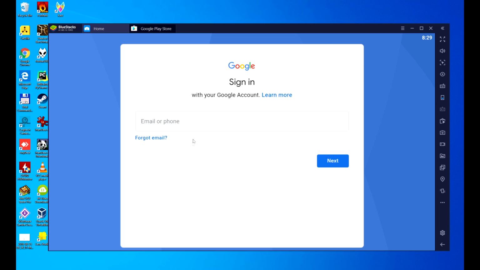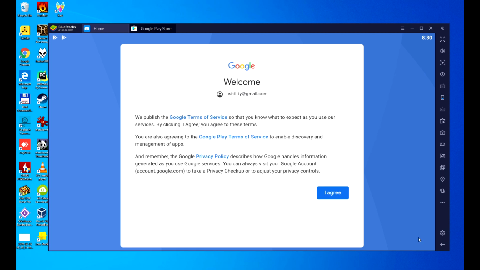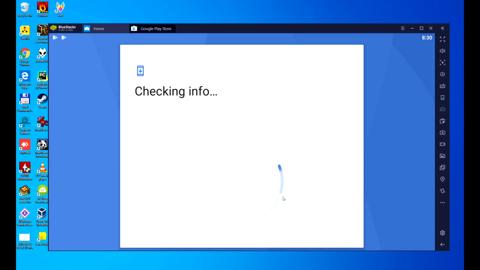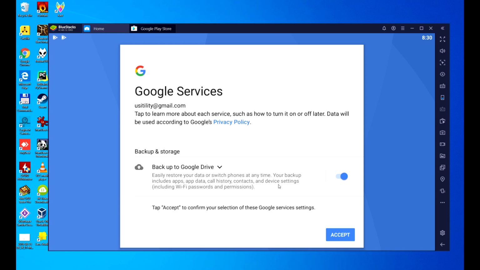We're in Google Play, so we're going to enter our Gmail account and our password, so I'll enter it and come right back. Perfect, email and password entered, and now we will accept the Google Terms of Service, which welcomes us. We click on I agree, and it offers us the possibility to make a backup on the Google Drive